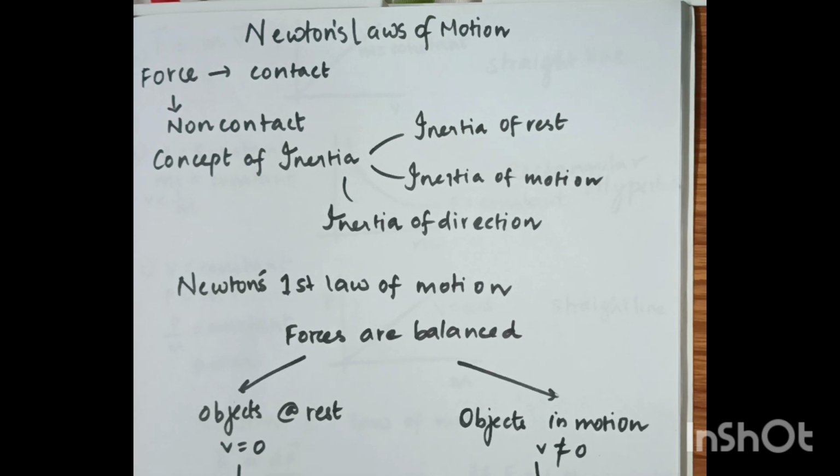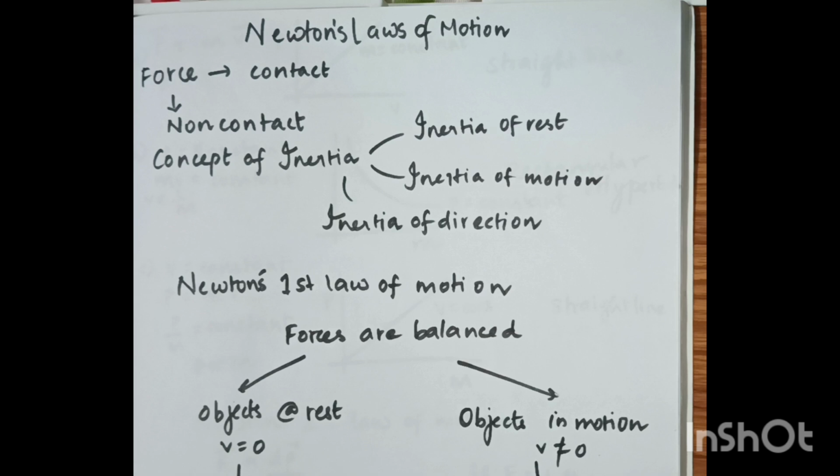What are the examples of inertia of motion? Let us see what is inertia of motion. It is the inability of a body to change by itself its state of motion along a straight line. For example, when a bus or a train is moving and it suddenly stops, a passenger standing in it leans forward. A passenger getting down from a speeding bus falls in the direction of motion of the bus. And athletes run some distance before taking a long jump. These are all the examples of inertia of motion.